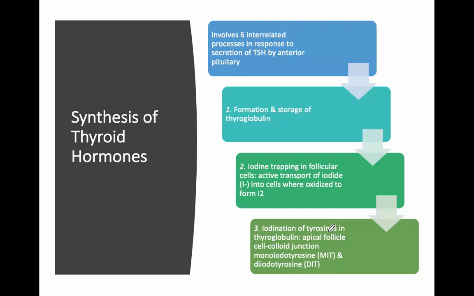So this part I mentioned we would go over pretty briefly, our synthesis of thyroid hormones. There are 6 processes where you're going to start off with forming and storing some thyroglobulin, that precursor to the thyroid hormones themselves. Then you're going to need to trap some iodine in those follicular cells, and you'll actually actively transport it in. So you're going to really want to get some iodine in there and then oxidize it